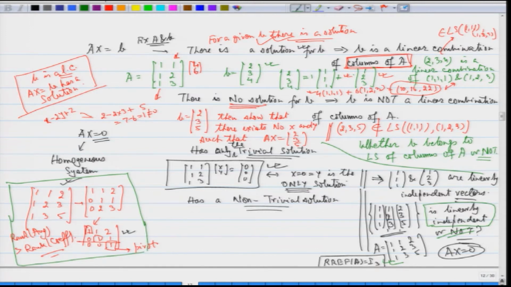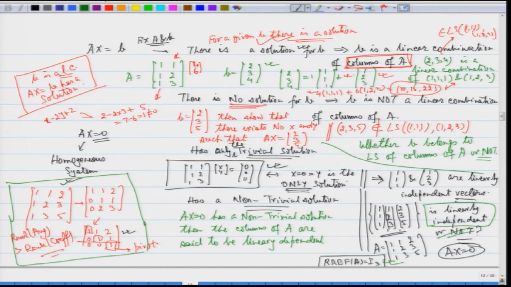Fine. And when the system A x is equal to 0 has a non-trivial solution, then the columns of A are said to be linearly dependent. Fine. So, there it was independence, here it is dependent. Is that okay? So, there are four ideas that we had when we solve the system A x is equal to b,